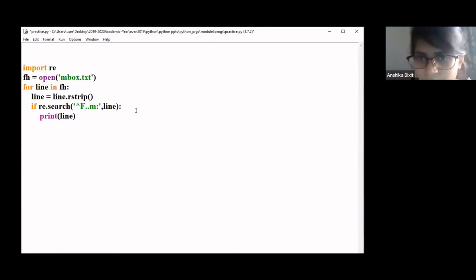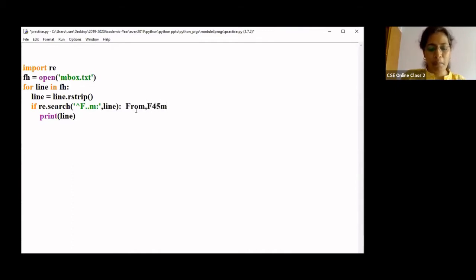It could be F R O M, it could be F 4 5 M, or it could be F M M M, whatever it is. So in between it can have any characters. That is my question, and those lines have to be printed. But it has to start from the first character: the first character should be F, then any characters, and M.